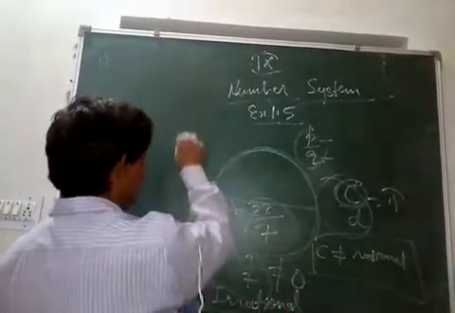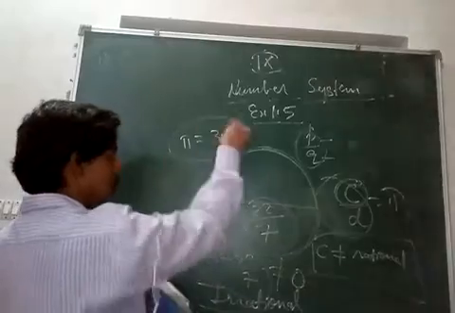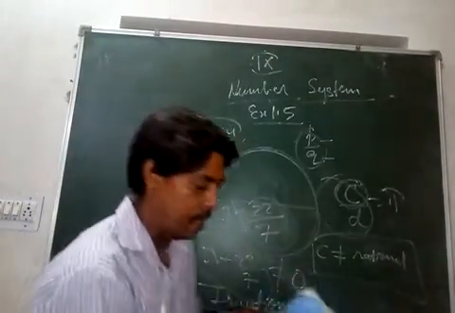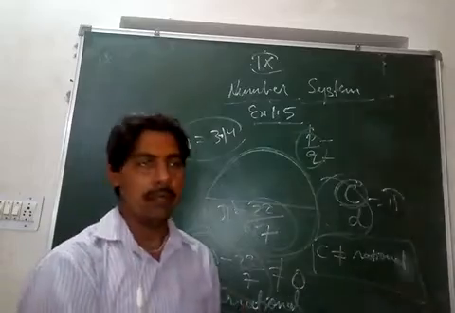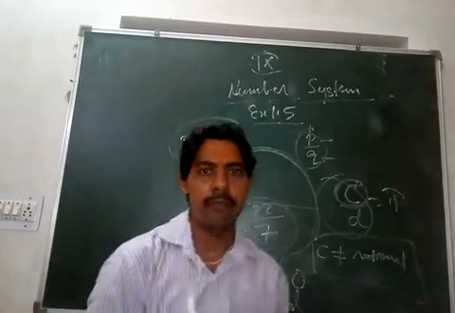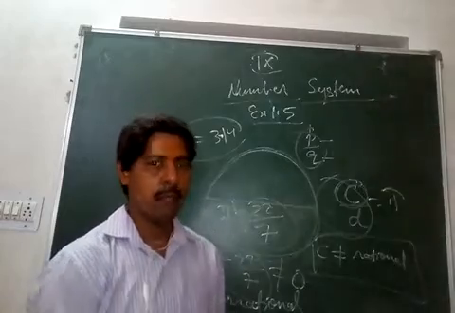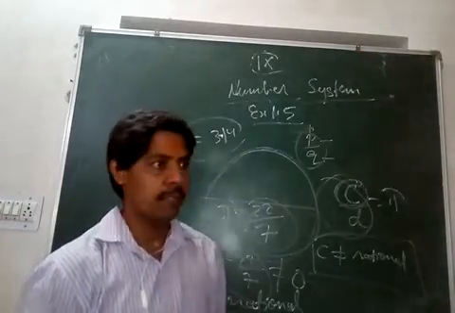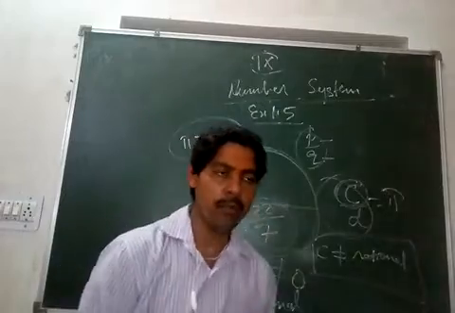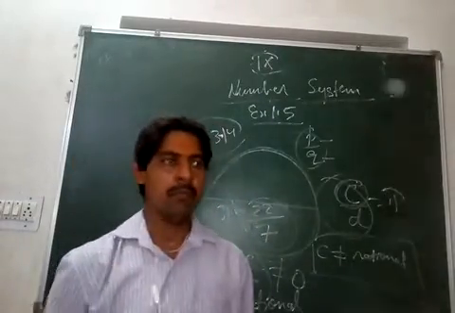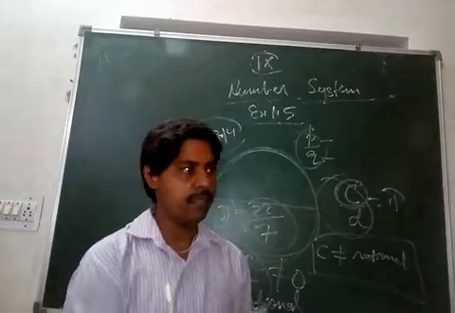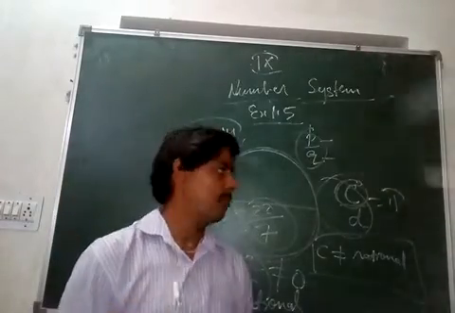And even the value pi equal to 3.14 is also approximately equal to pi, not exactly equal to pi. Pi, as you know, has been studied by a lot of mathematicians, and in earlier times they found values up to 50 places, 3.1415 like that. Modern computers have found millions and billions of places, and there are people who have actually learned values up to 50,000, 1 lakh, something like that, and taken 12 hours to recite the value